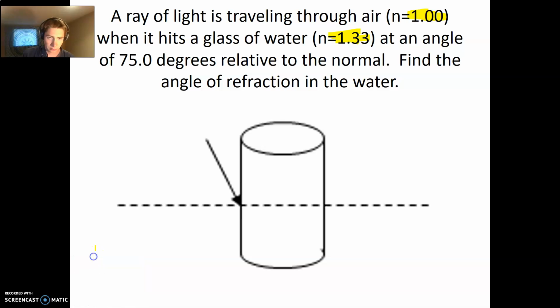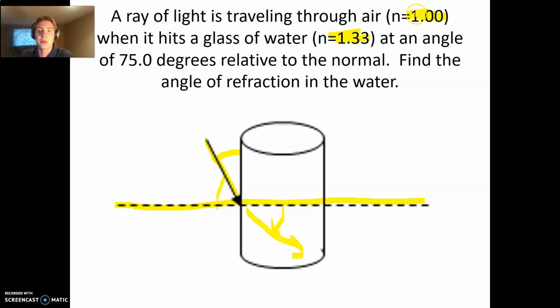So to start with, we have this light coming in right here, right? And as this light comes in, it hits a glass, so it changes its angle. What's really confusing is this dotted line right here is our normal line, right? And so we don't want to measure this angle right here. We actually want to use this angle right here to our normal. And when we see it come out, we actually want to measure this angle right here going away from the